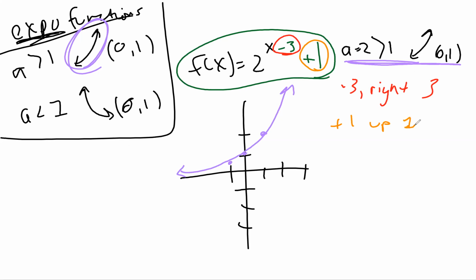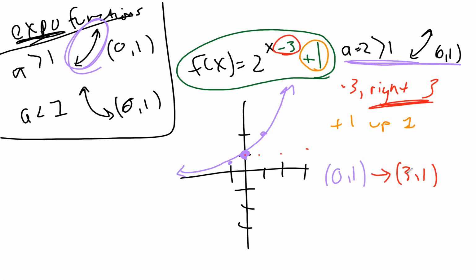All right, now, the y-intercept was right here at 0, 1, because that's where it was. So let's start with that. Let's start with 0, 1. We'll write this down. Now, the first thing that happens is I'm going right 3. So if I start at 0, 1 and I go right 3, what point am I at now? Well, I'm at the point 3, 1. Do you agree? If I started here and I went right 3, I'd be at the point 3, 1.